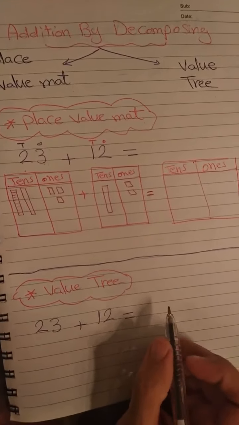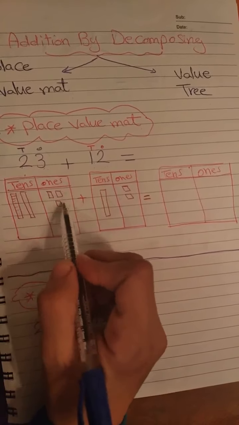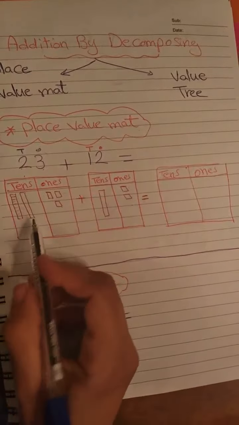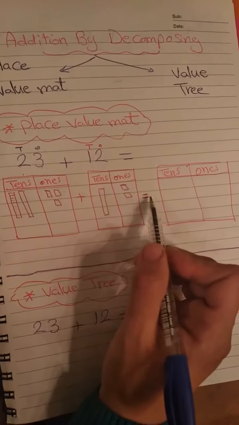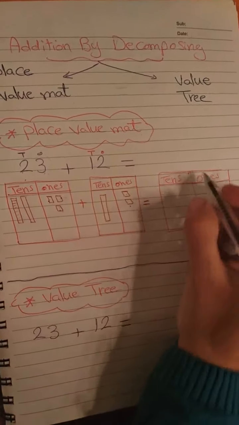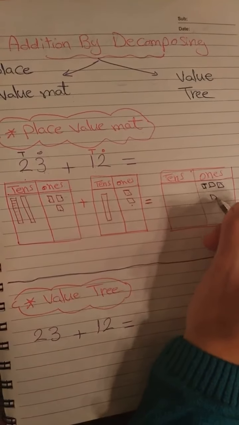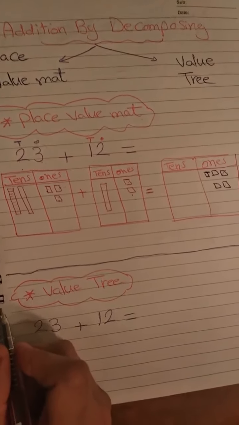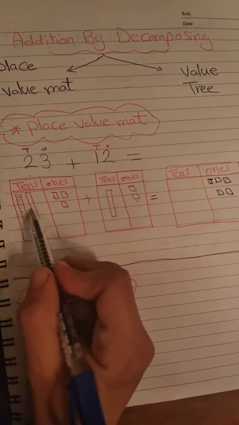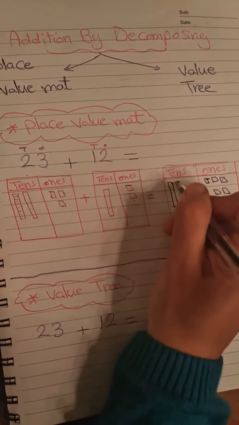In addition and subtraction, we know that we can start by ones. I start from ones, so I will add the ones first. To add the ones, I will count how many squares in both addends. 1, 2, 3, 4, 5. So here I have to draw 5 small squares, 4 and 5. Then I will move to the tens and I will add how many bars I have. 1, 2, 3. So I will draw here 3